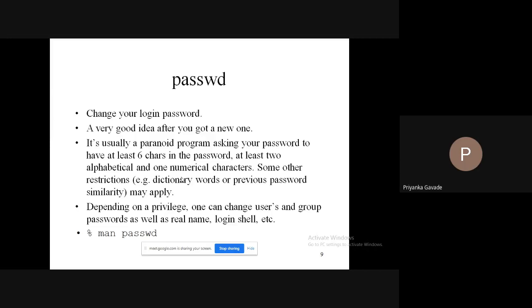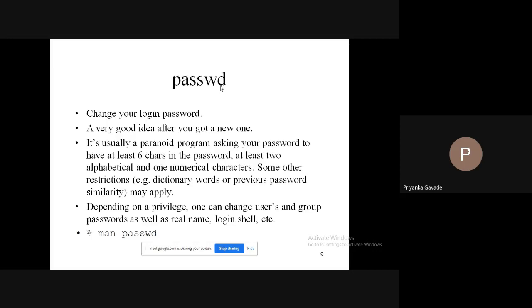In case you want to change the user's password, the command for doing it is nothing but passwd. This command is going to help you change the user's password. You have seen that whenever you key in a wrong password, the system is going to prevent you from getting access to it, right?